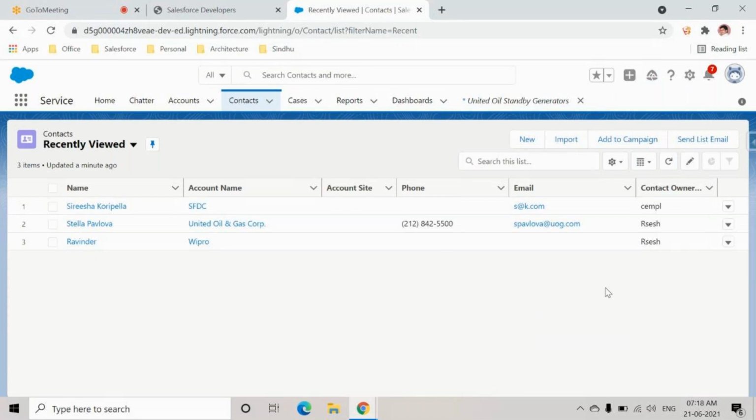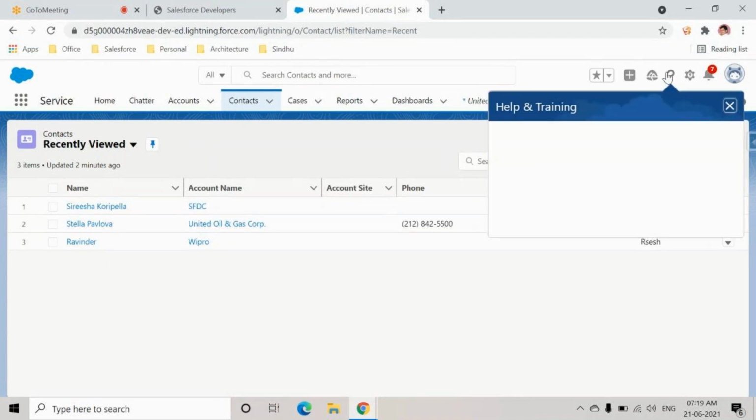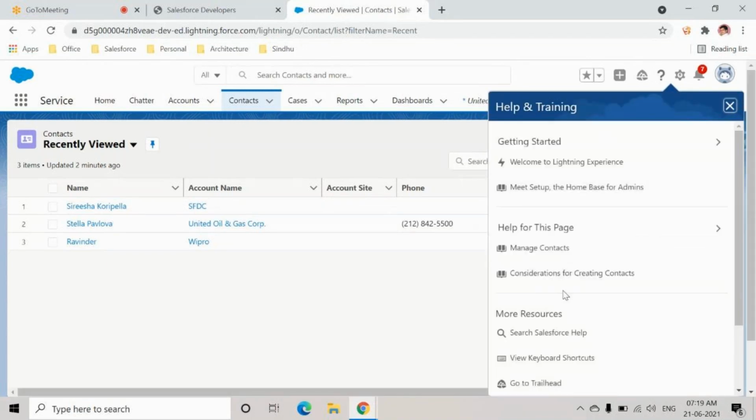And next thing, let us say I have an original license, like I'm a paid customer to Salesforce. Now, for example, there was some issue in the system. Let's say it is not picking up, the email data type is not working, or some issue is there in the system. I need support. That is where I'll go with the question mark. Here I can get help from Salesforce. You can also try for it, but basically what happens is when you raise a case, Salesforce won't give you any response. Why? Because these are free issues. Okay.